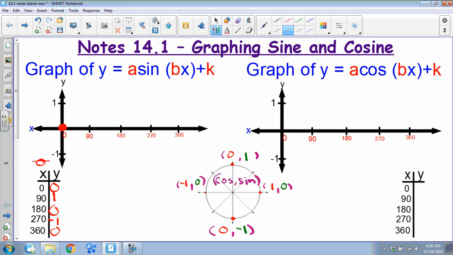Now, what I'm going to draw right now is one wave. One wave is called the period of the graph. Okay? It's from the start of one wave to the end of one wave. Okay? So,